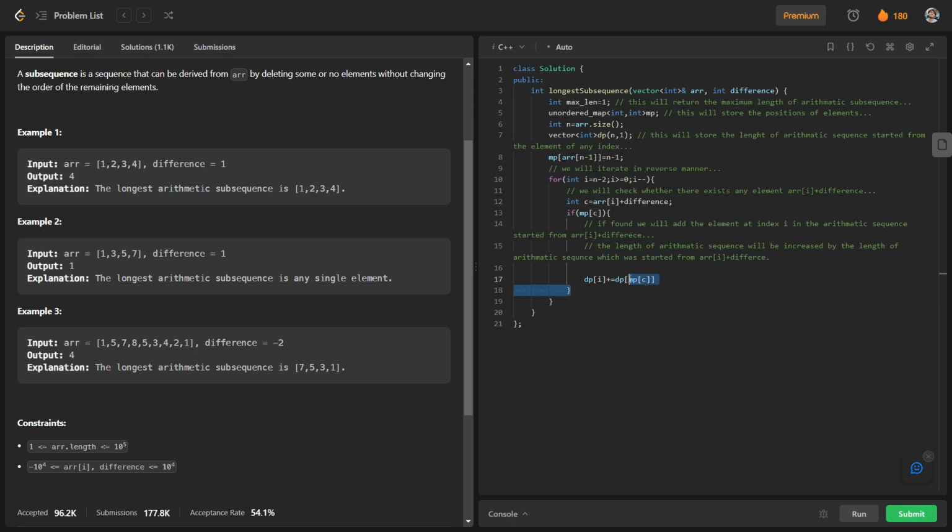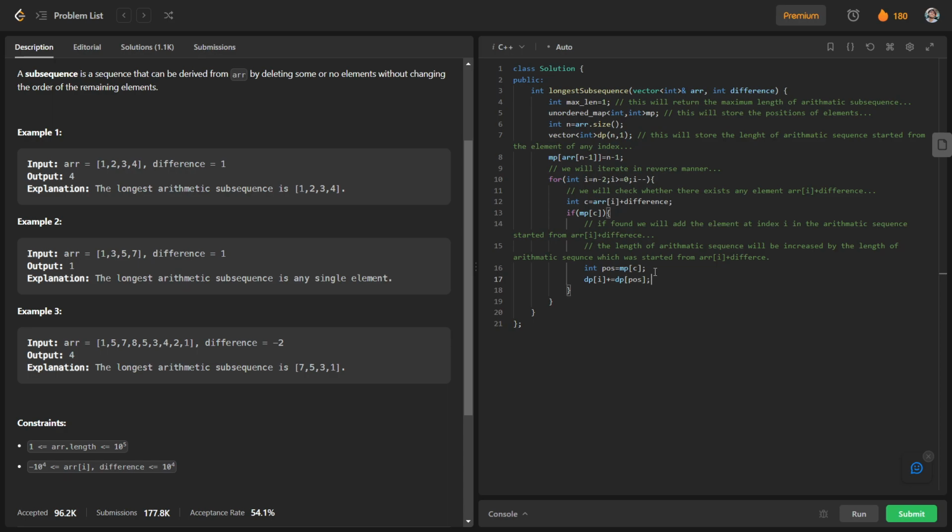I will write here, int pos is nothing but MP of C, and dp of I plus equal to